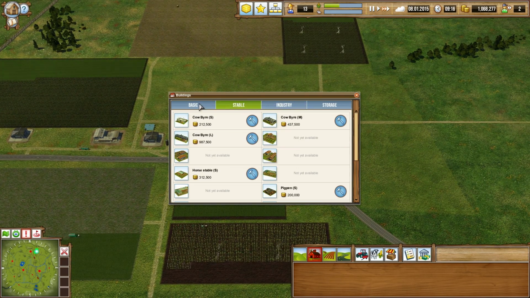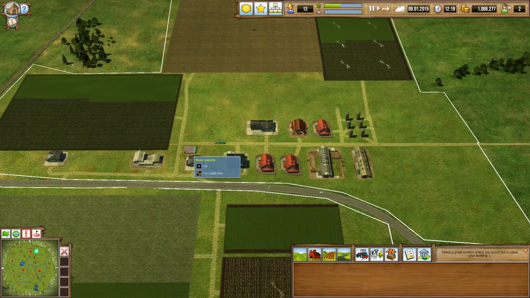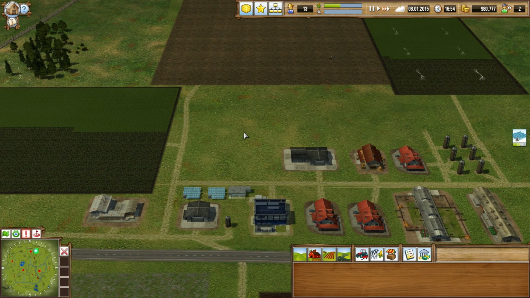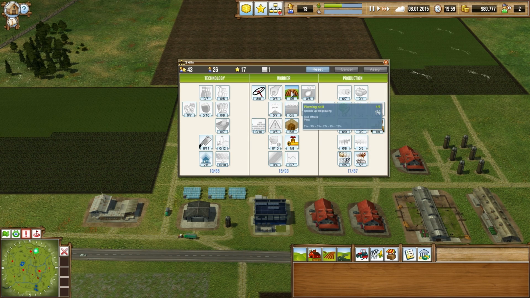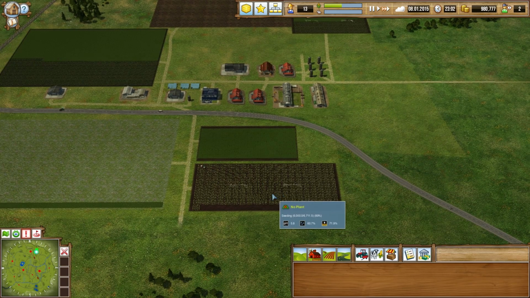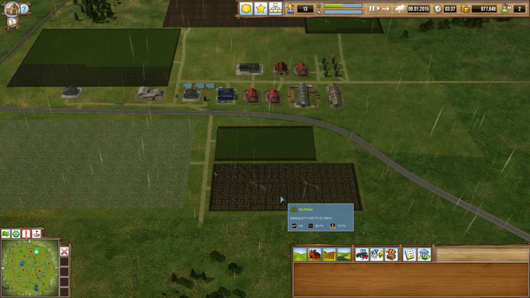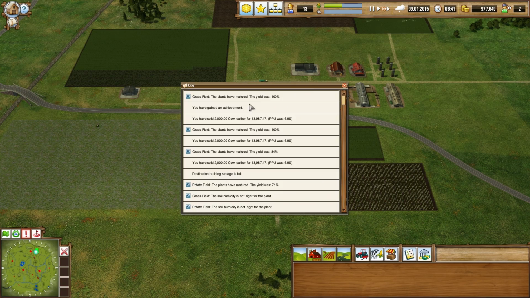How much is a medium garage? 237? Nah. We're gonna build some more solar panels because there's an achievement for that. Ding. We're gonna start upgrading the speed of our dudes because otherwise it's gonna take them freaking forever to do this stuff. I mean, with the medium-sized tractors, they're pretty quick already, but...